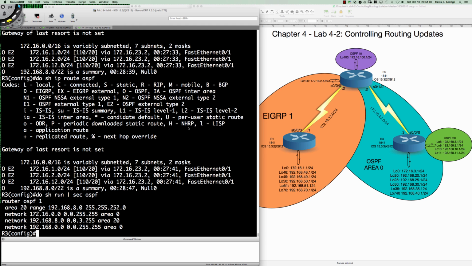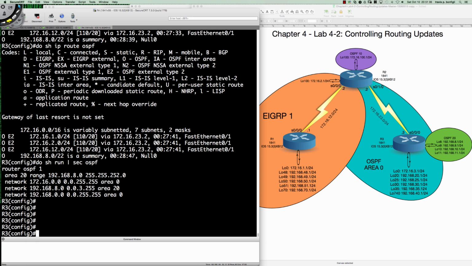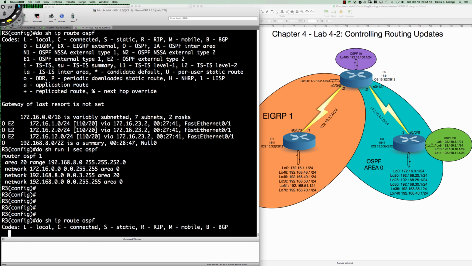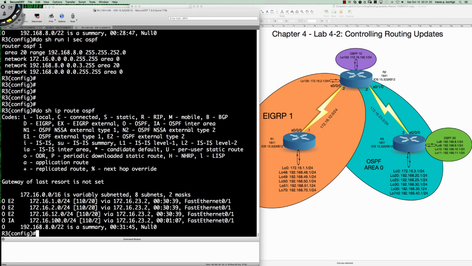So now that the process is running on that interface, I'll come back over to router 3. And again, what we're trying to show here is that it's only external routing information that's going to be impacted by the distribute list that we're using. So we should see, well, we see OIA, but we still don't see